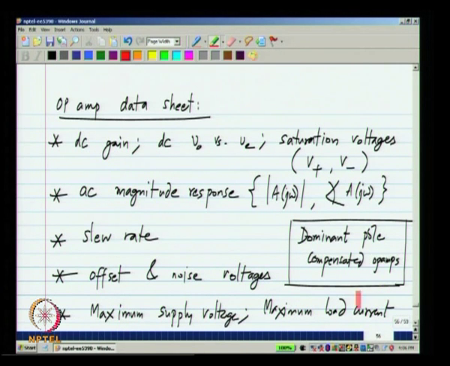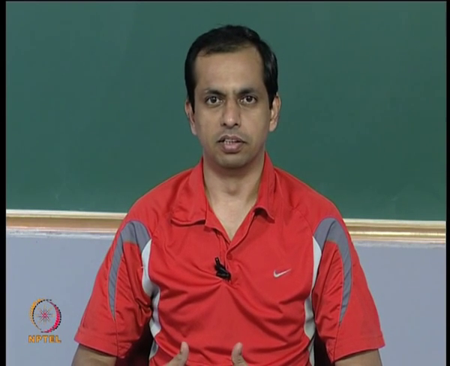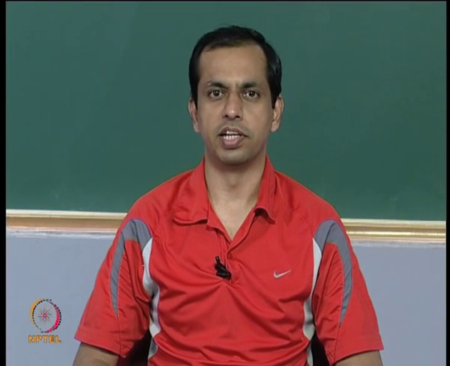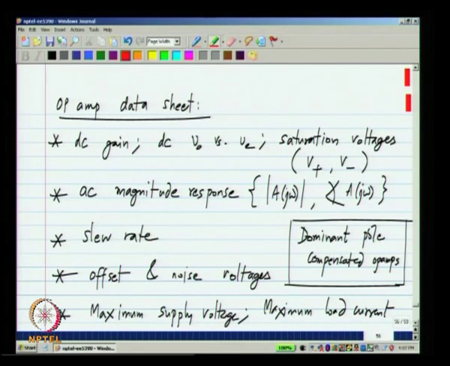We also have maximum ratings, like the maximum supply voltage the op amp can tolerate and the maximum supply current the op amp can tolerate. These specifications are necessary even for op amps used in ICs for specific purposes. They are more relevant for a catalog part op amp, for which you will study the data sheet and then use the op amp. When you design an op amp for an integrated circuit which you are designing yourself, you can change some of the parameters.